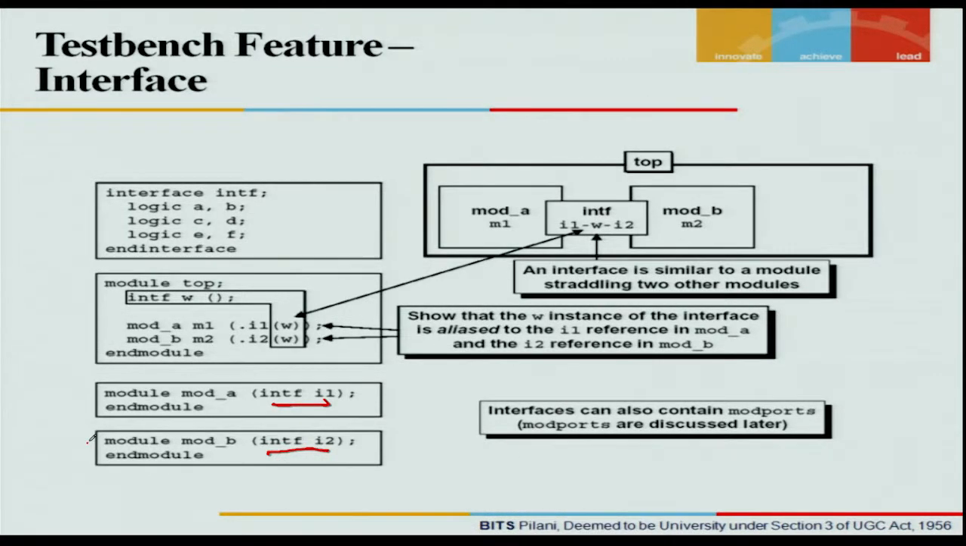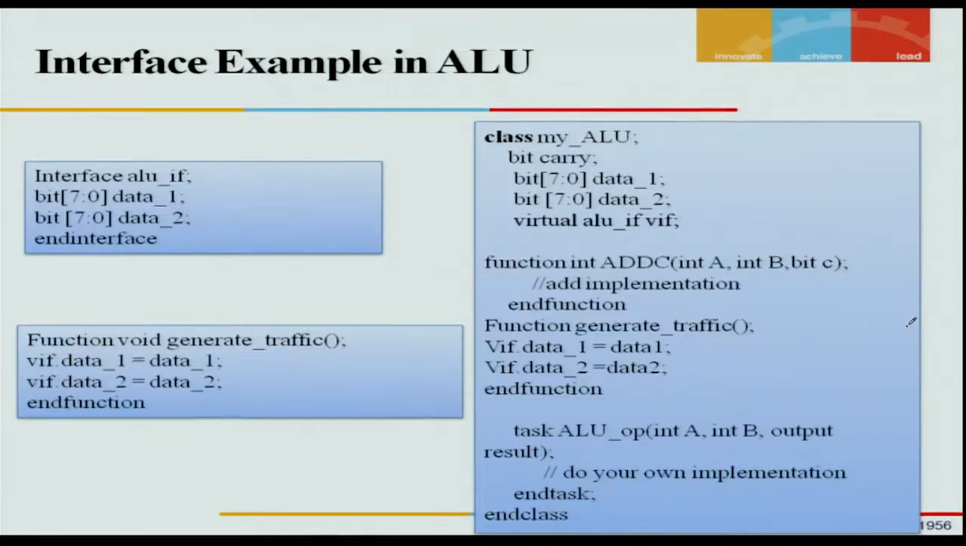So this can be visualized as module A is M1, module B is M2. This is the top module, and the interface is basically communicating between the two blocks, module A and module B. Okay. Now this is an example of an ALU interface, which is fitted into the class my ALU, which was told earlier, and you can see that there is a concept of virtual